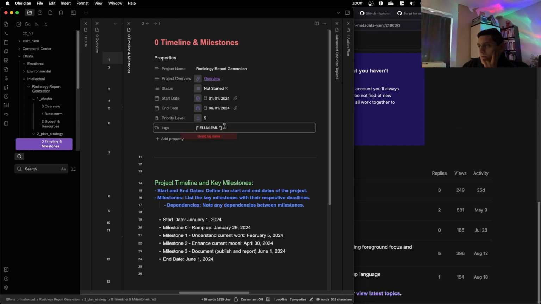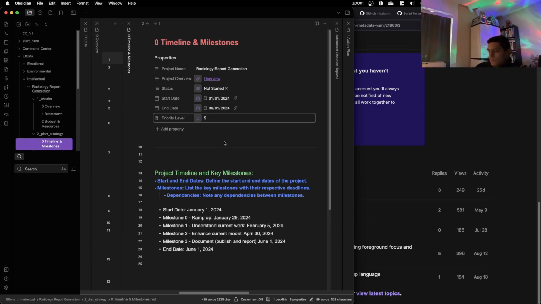I don't know. I think I'll leave it out. So now I'm thinking each project, I don't think we'll need to see the milestones for each project in a single view that has all projects.